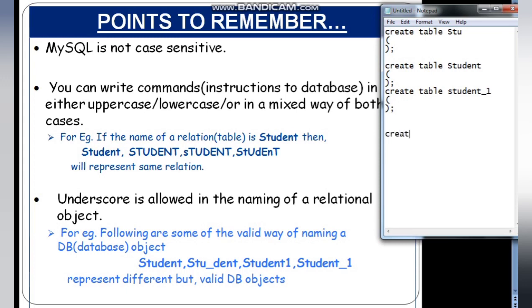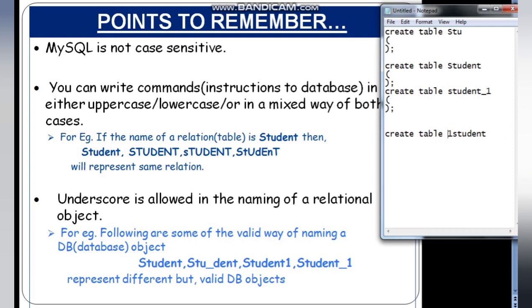Now if you write create table, and suppose the name of the relation you have given as 1, 2, 10, this is wrong. Why? Because you cannot start the name of a database object with a digit at the beginning.